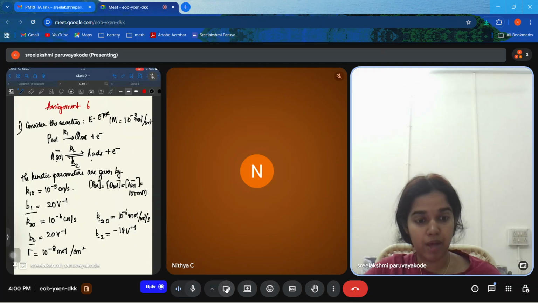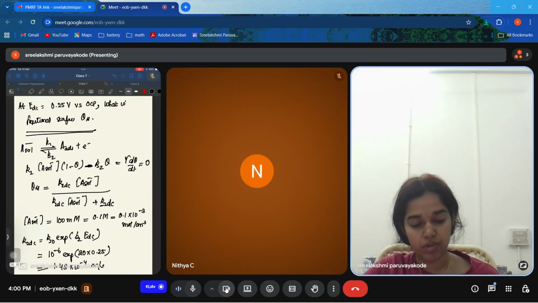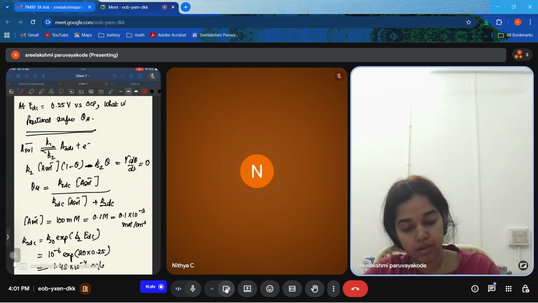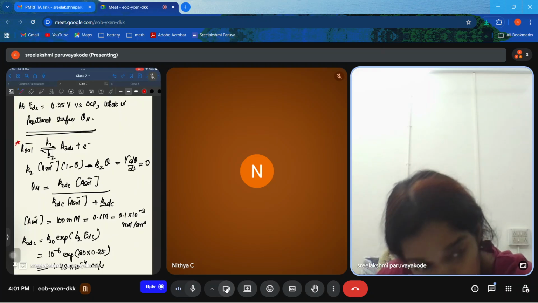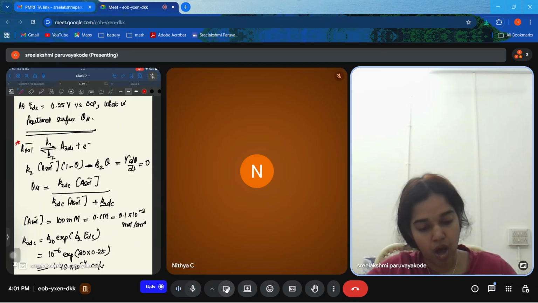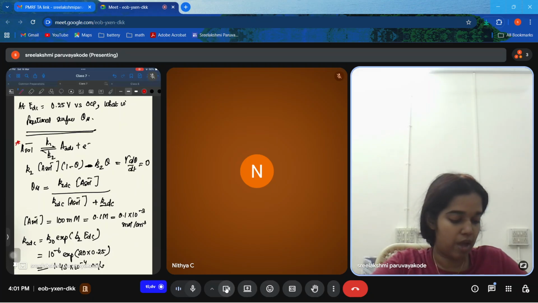That is what you have to do. So you have to write the mass balance for the adsorbed intermediate. You have to then equate it to 0. That's the first step. So I have written it. The first step is not considered. You have to consider the steps that involve the adsorbed intermediate, and that is A solution minus giving A adsorbed plus electron. So the mass balance for the step becomes